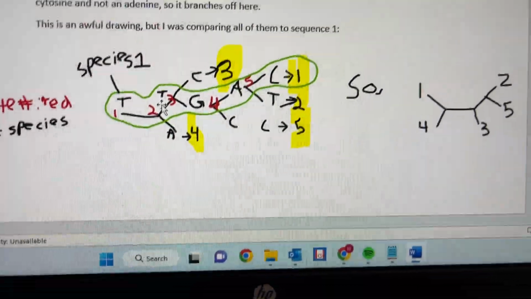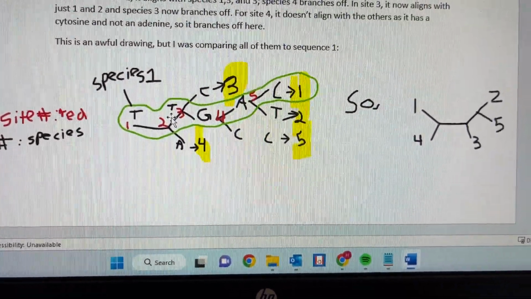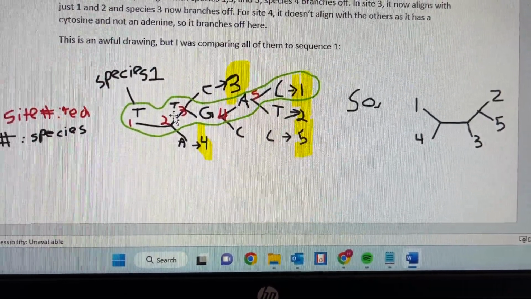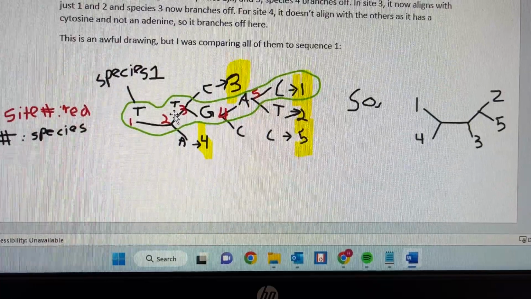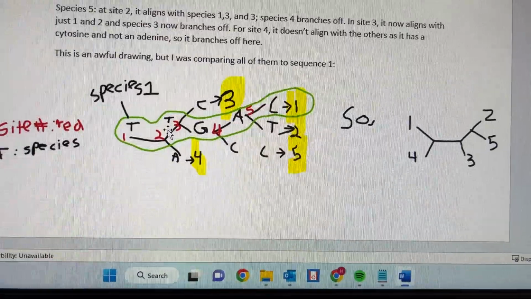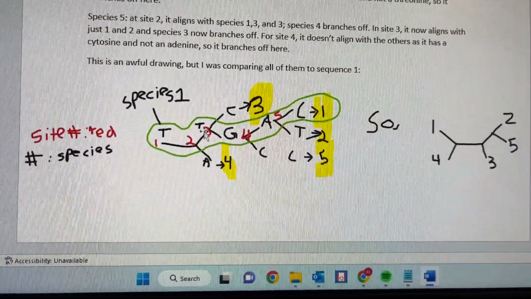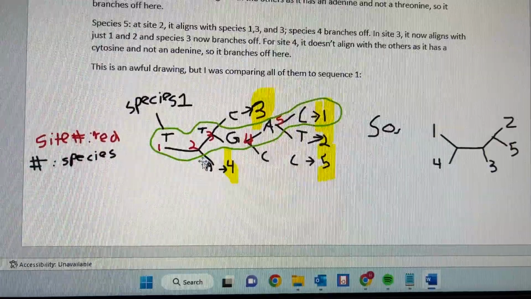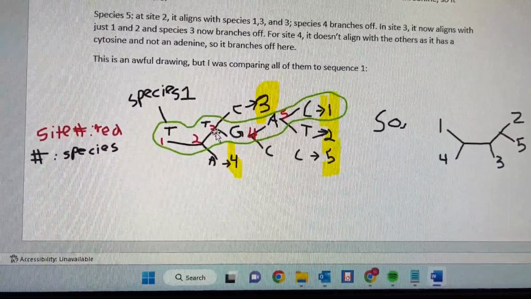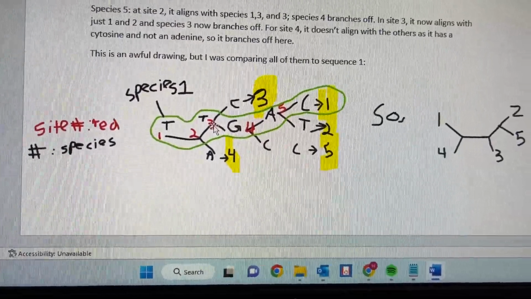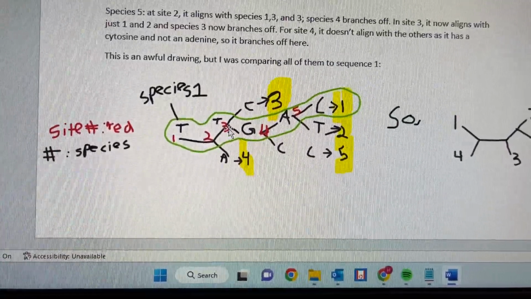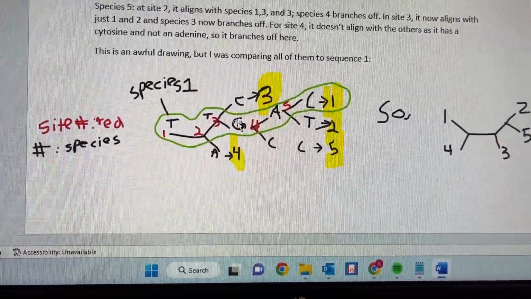This is a bad explanation, I'm sorry, but I hope this kind of makes sense. So node 1, they all have a T, and node 2, this is where all the others have T except for sequence 4, which has an A at site 2. So it branches off. Just ignore it and look at the others. So at site 3, we have a C from sequence 3, and then the others have a guanine. So that branches off. And then here,